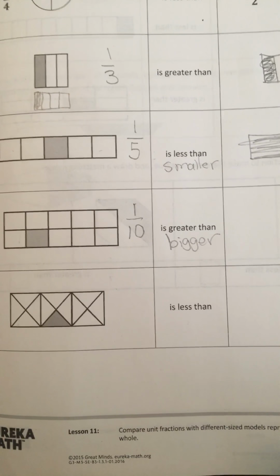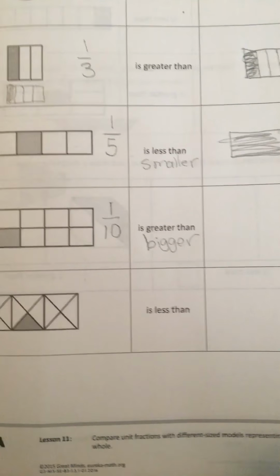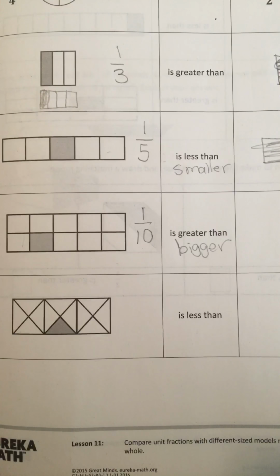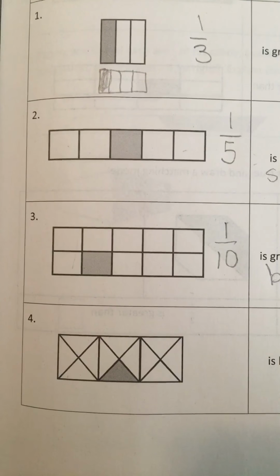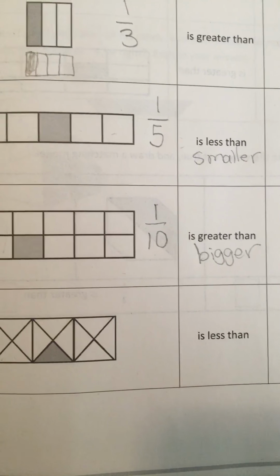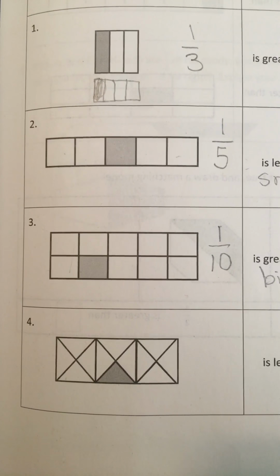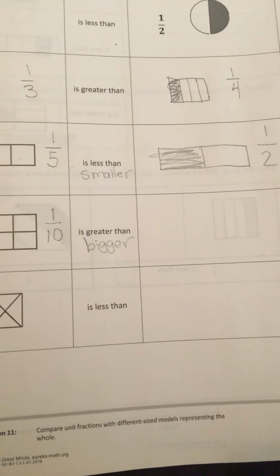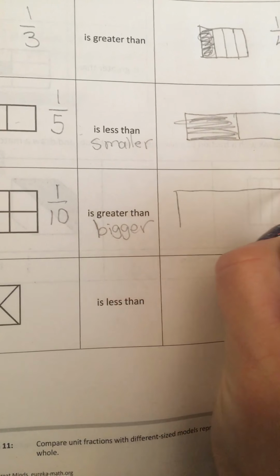Let's see, 1/10 bigger than, how could you divide it so something would be smaller than the 10th? Because the 1/10 has to be bigger. Well, if you want a piece smaller than tenths, you do have to divide them up more. So 1/10 is going to be greater than, let's say,